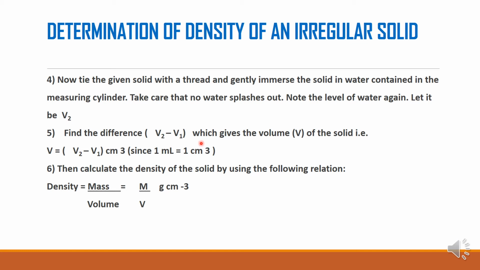Okay. So we will try some problems and find out how to find the volume. Last time I had given you a measuring cylinder and I had asked you to find out the volume of the solid. So you know how to find the volume of an irregular solid. So finally what we do, we find density is equal to mass upon volume. That is very easy. We can find out the volume of an irregular solid in this way.